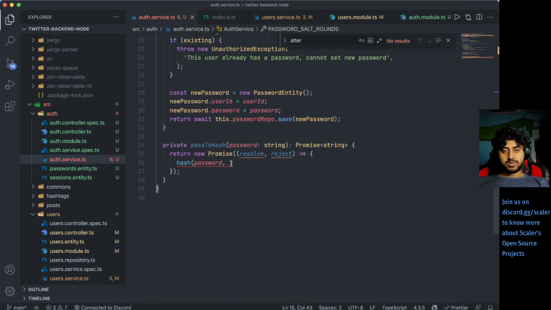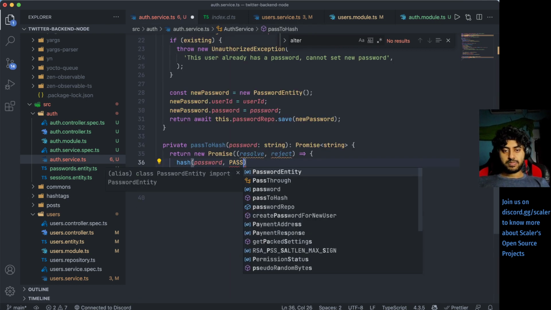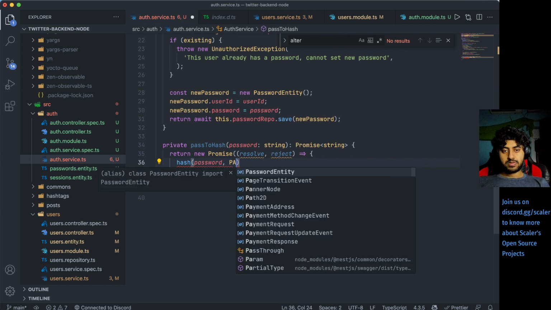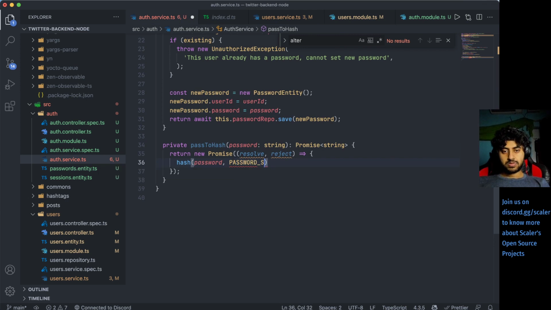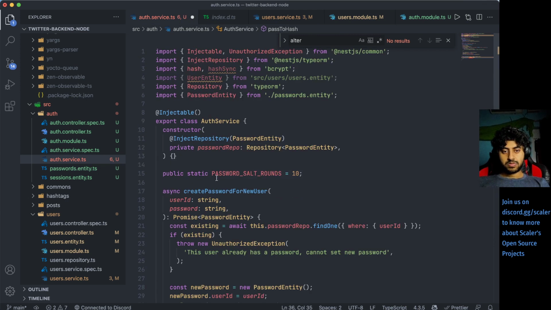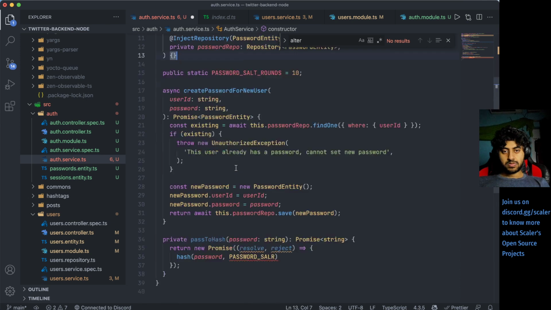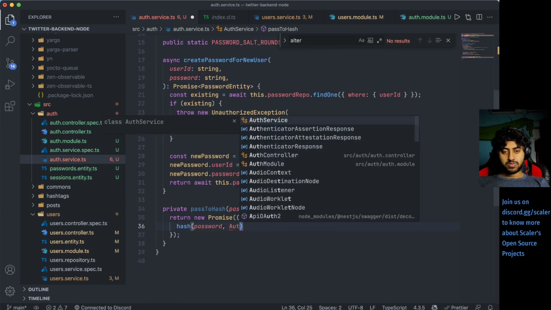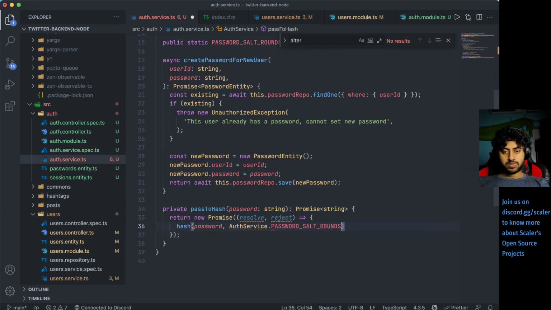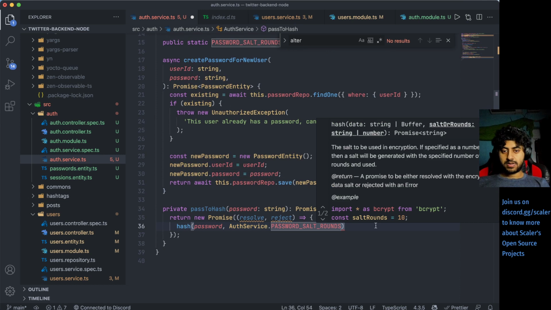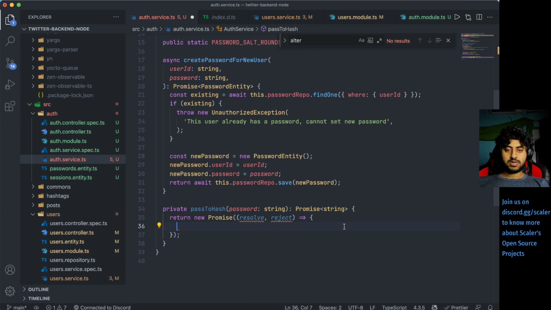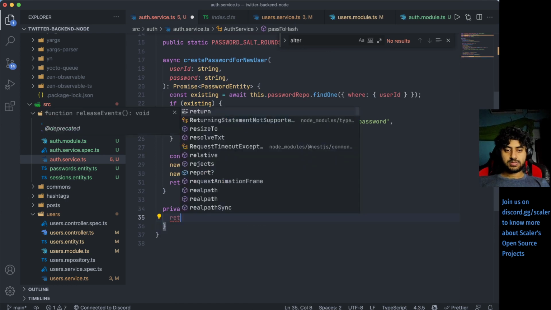So then what we do is, okay. And there's supposed to be a callback, right? Oh, it's supposed to be a promise. That's fantastic actually then. So we can just